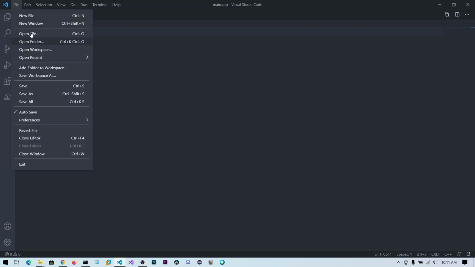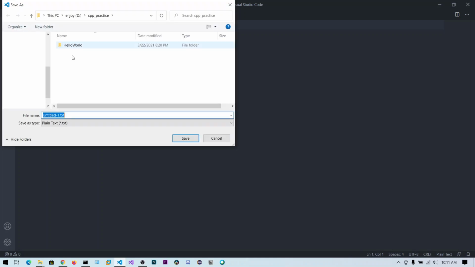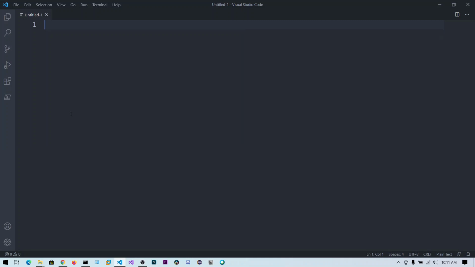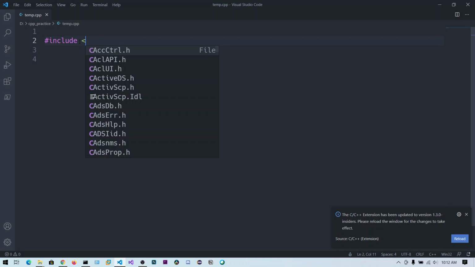Okay, I will create a new file and save it as temp.cpp. So the file name extension is cpp, and I am going to write some code to print hello world onto our console.